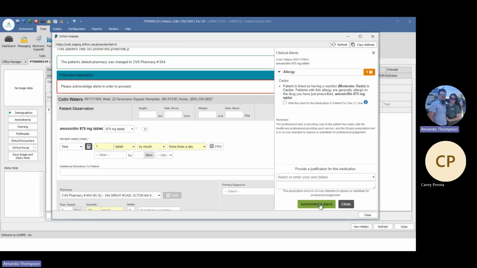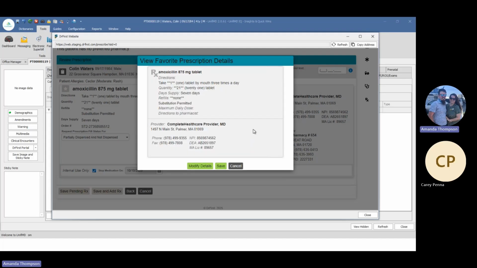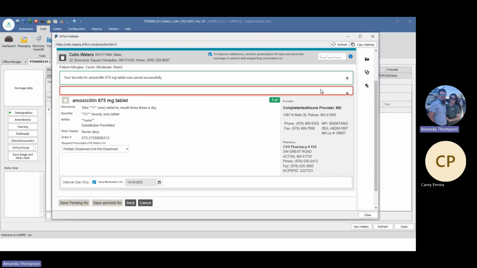Patient has an allergy, so we got to acknowledge those alerts real quick. But once we're here at this prescription, if this is something that you are going to write often, why go through the process of filling out that SIG every single time? When you're on this screen, there's a star that says add to favorites. If you click on it, you're going to get a pop-up. You fill it out one time, and you have to hit save. So now this is added as a favorite here